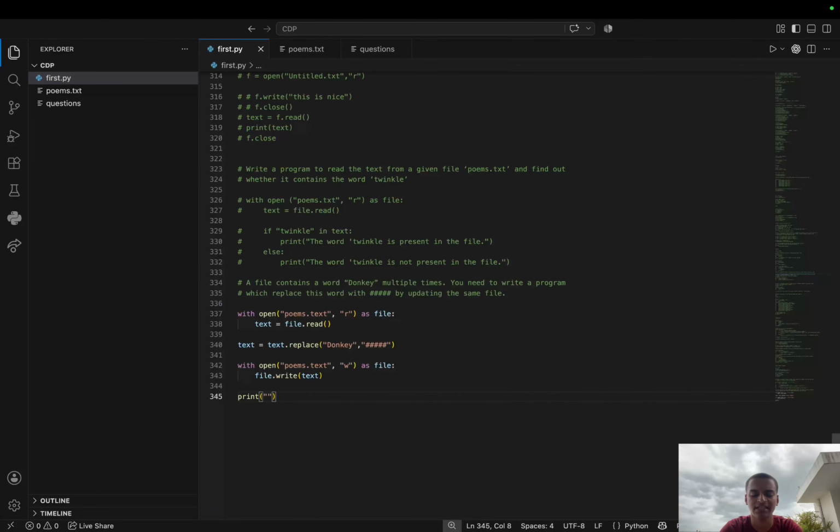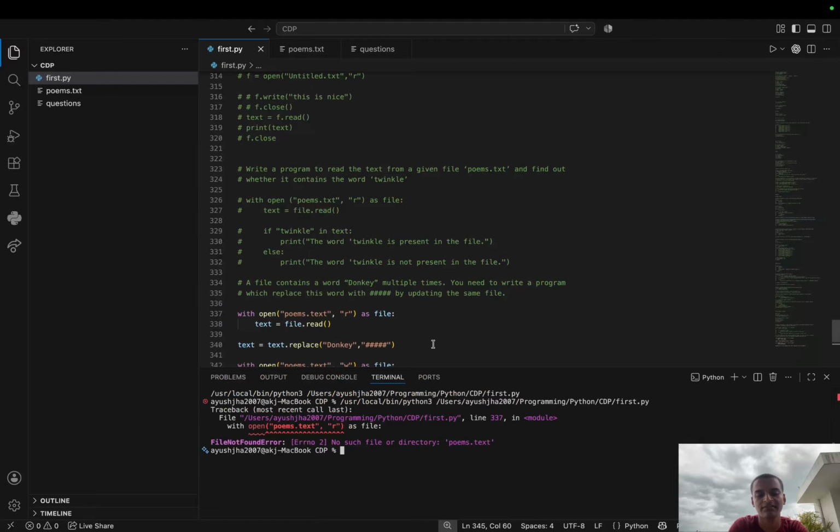ये जरूरत नहीं है लेकिन ठीक है, ऑल ऑफ द donkeys have been replaced with the 1 2 3 4 5, ठीक है, खत्म। लेट्स चेक, कोई एरर है, फिर से एरर आ गया हमारे पास।